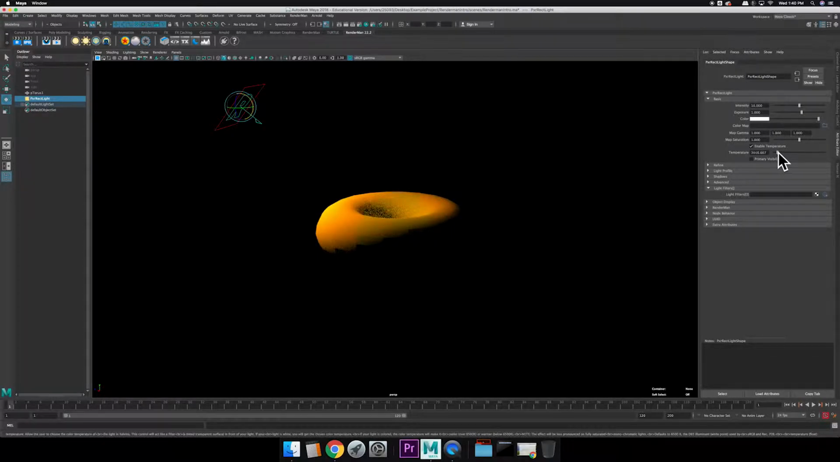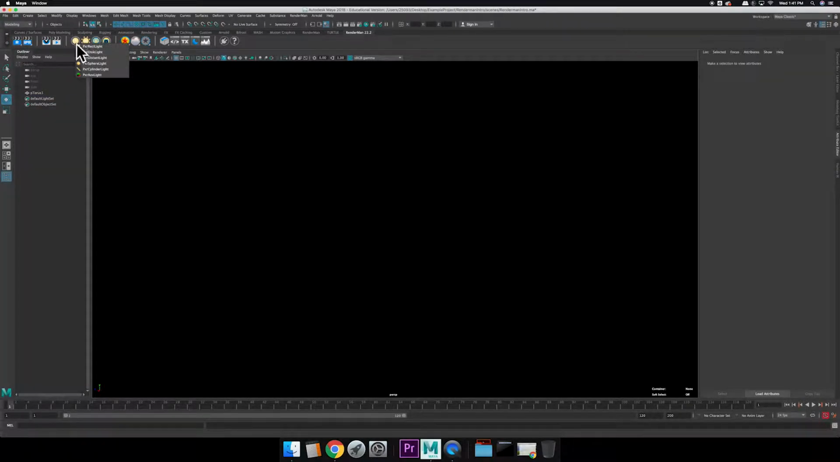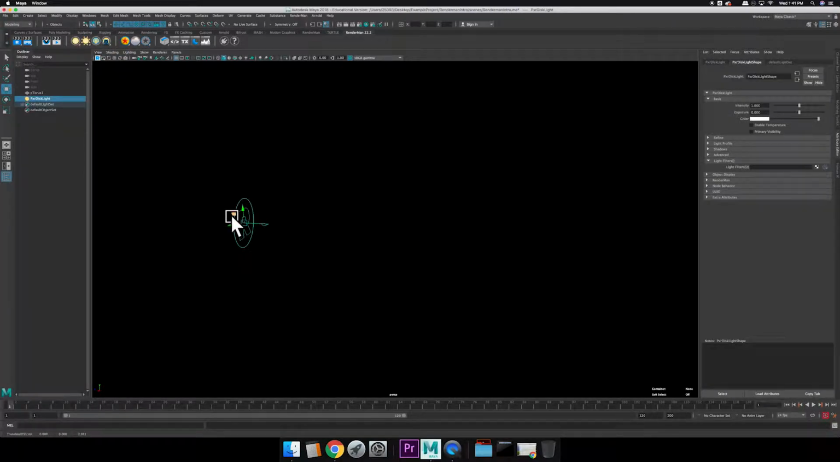You can obviously change the color if you'd like to, and this kind of applies to any of the lights that we're going to talk about, so I'll cover it here. You do have the option to put in patterns underneath the color map. If you click on the folder, you can go find different textures to project from the light. You can even do temperature. So if I turned on temperature and I go back to white,